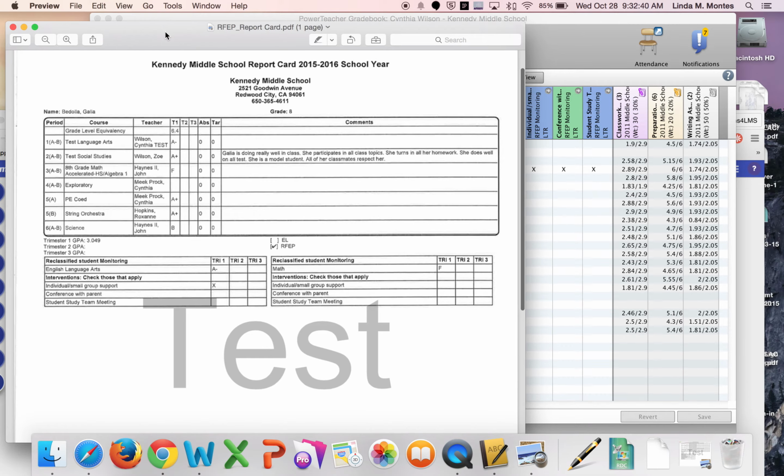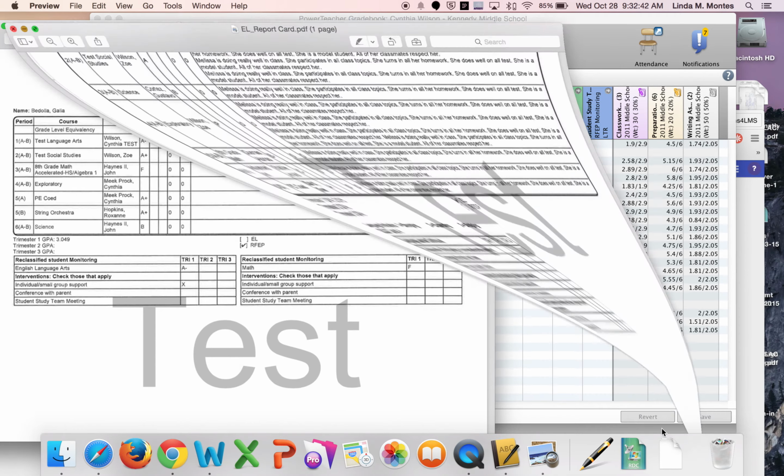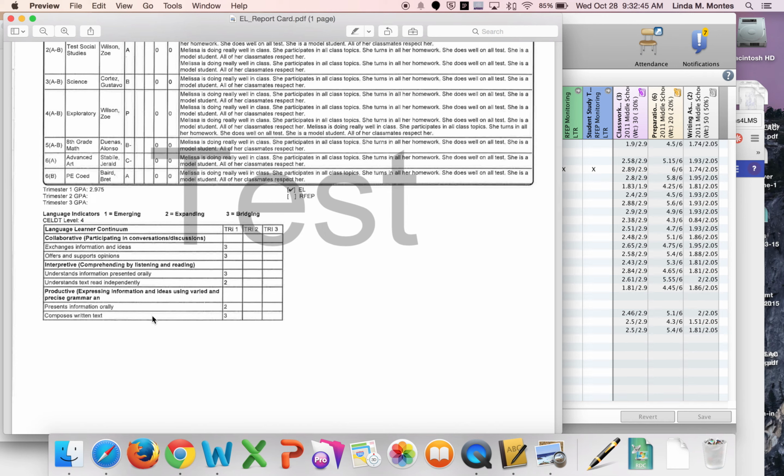And then for a student who's an English learner, if the student happens to be in an ELD classroom or a designated ELD classroom, the ELD teacher will complete the EL continuum, right? They would know the most about the student. If the student happens to be receiving reading support, they're an EL student and they have a different class for reading support, then the reading support teacher would complete it. If they're an English learner and they have neither an ELD designated class or reading support class, then the English Language Arts teacher would complete